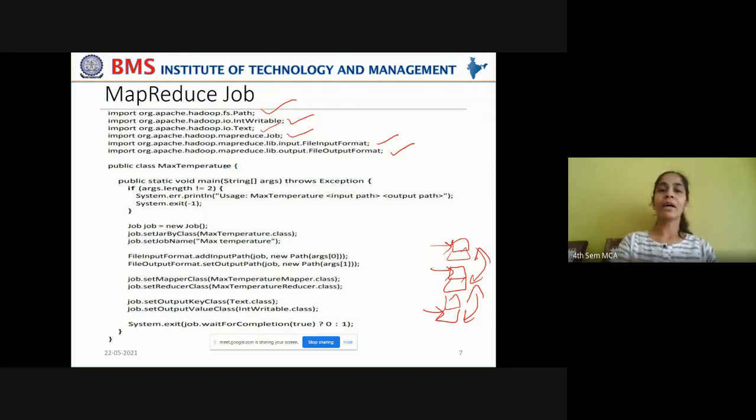That is why we are importing org.apache.hadoop.mapreduce.lib.input package's FileInputFormat class, and in the same way we are taking the FileOutputFormat class also. Right? Now you write the main class MaxTemperature, which will help us to pack the job by including the mapper class and reducer class into it.